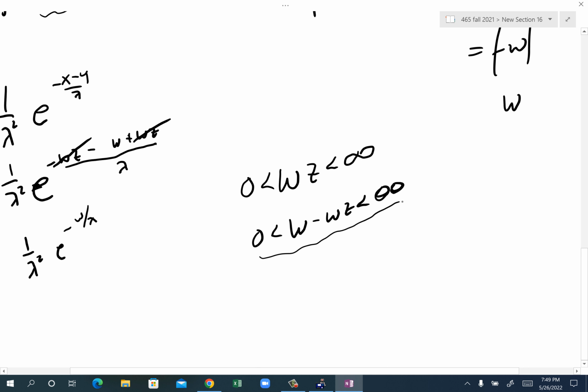So I'm going to do wz is less than w, and then of course if I add wz to infinity, I still get infinity. Okay, that makes sense? And w can't be 0, you with me? So I can divide by it. And so if I divide by w,